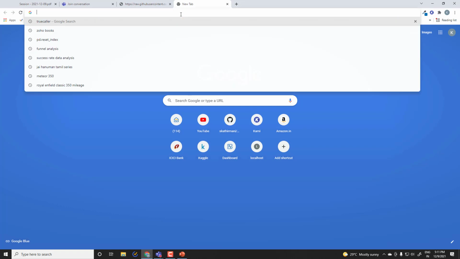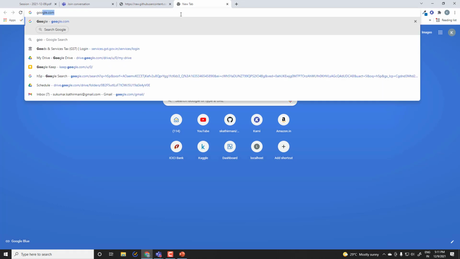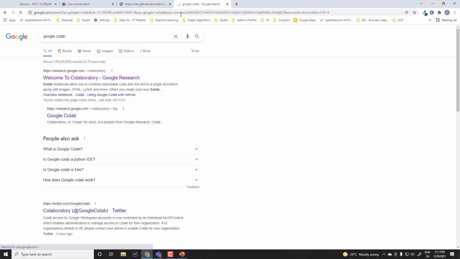I'm going to start typing in Google Colab. Google Colab is a place where you can type any Python code, just like the Jupyter Notebook you might have used on your local machines. You can turn on the internet and read any data available online directly into Google Colab.